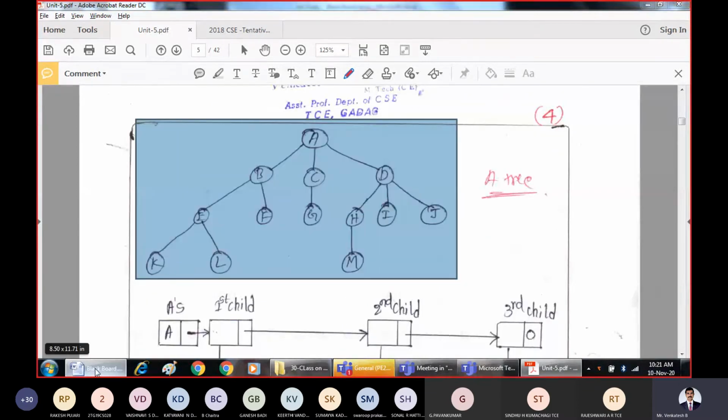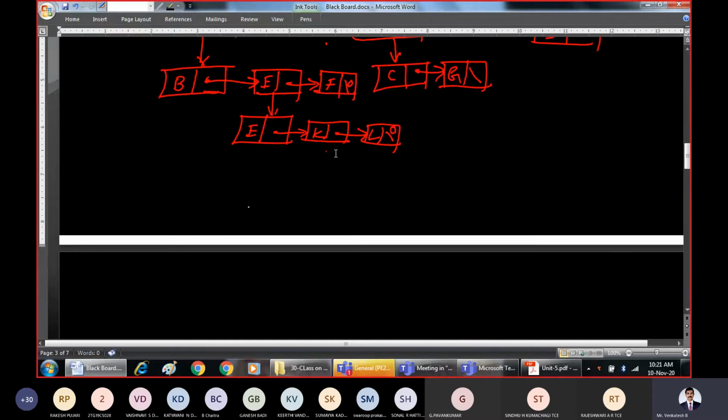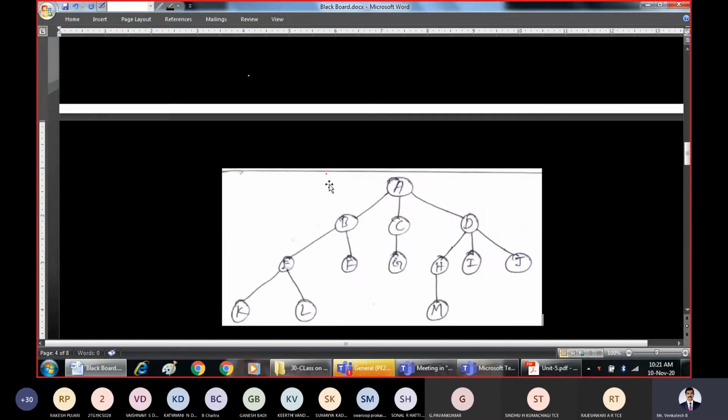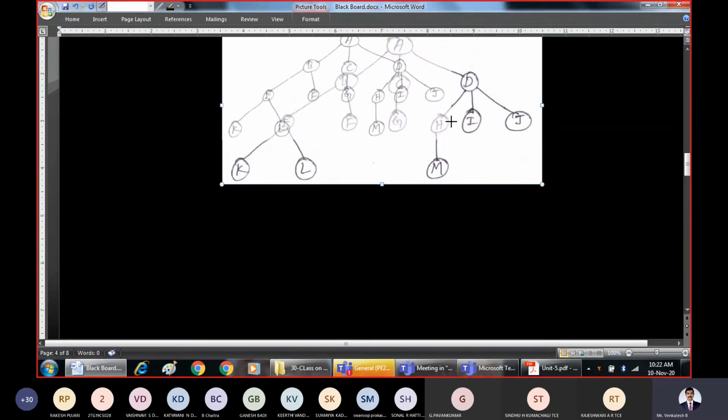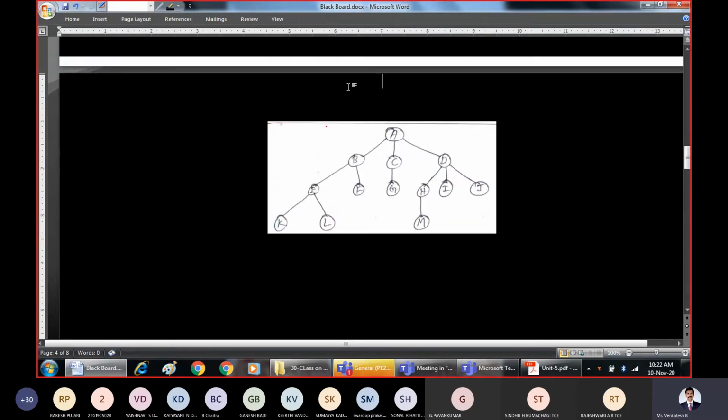Say for example, I'll take this tree. Let us see the second representation, left child right sibling representation, for the given tree.